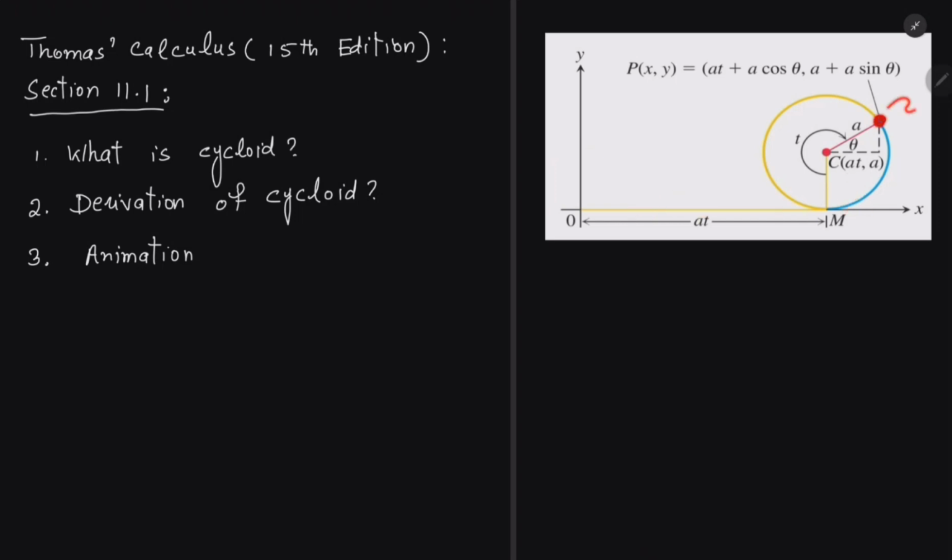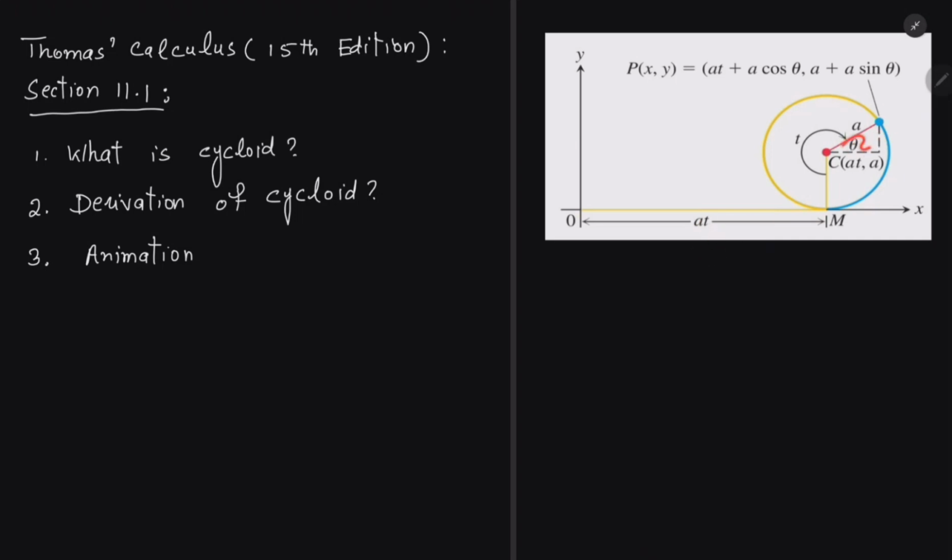This is the fixed point P, which was actually moving and making a cycloid like that, okay? The distance covered by this wheel, this is a wheel actually,